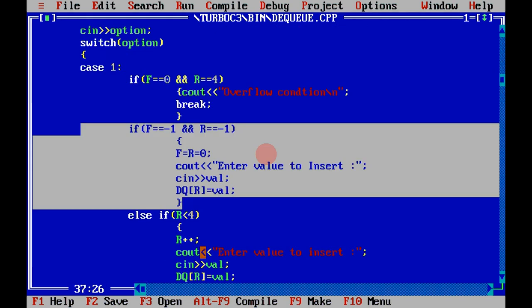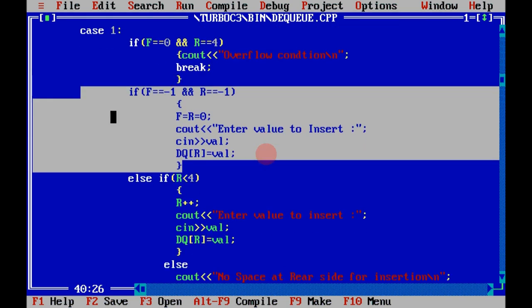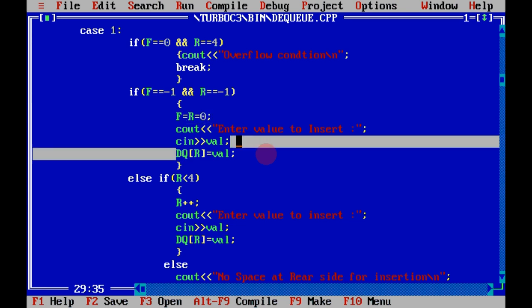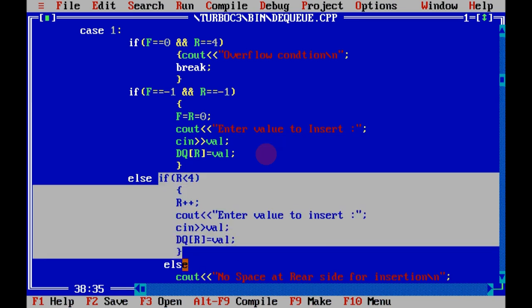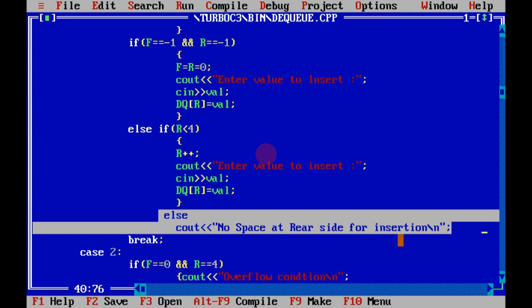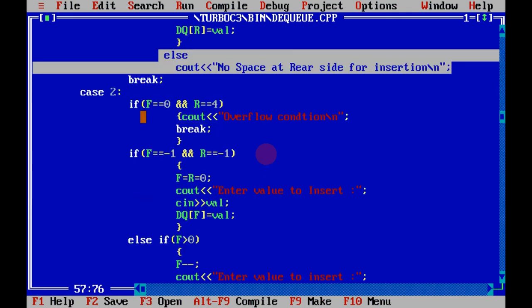When you insert the first value into the DQ, f is equal to -1 and r is equal to -1, so assign 0 to both values, which means if you want to delete an element from this, you can delete it. Then assign that value. This is the normal insertion, and this is when there is no space at the rear side. This is the case 1 that we have already seen.